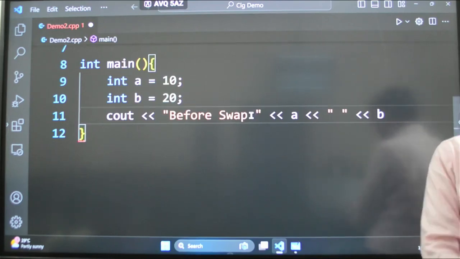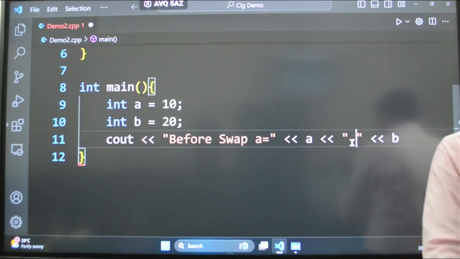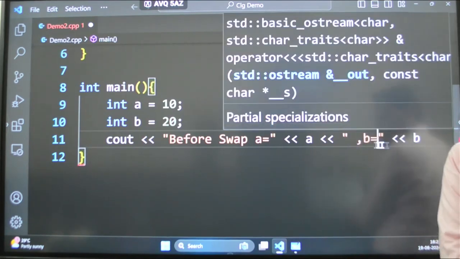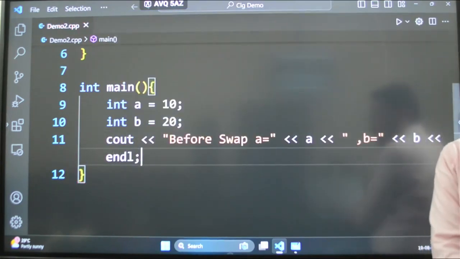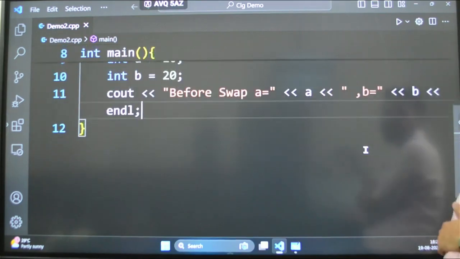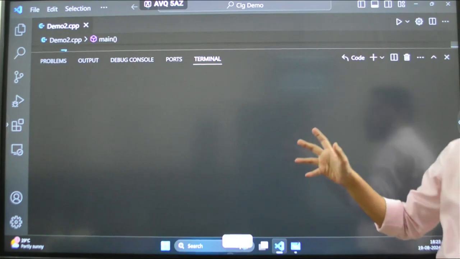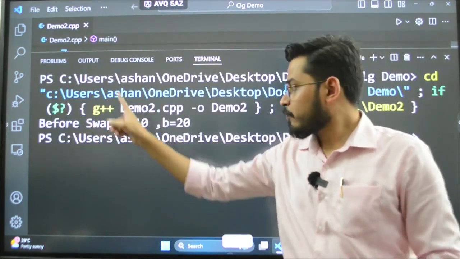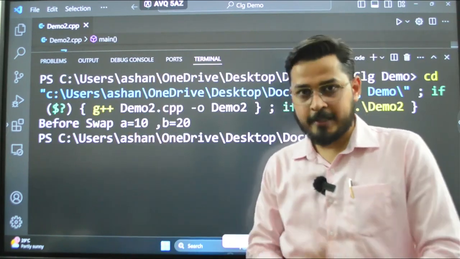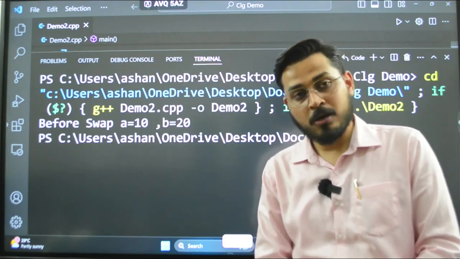Let me write it properly: a equals, and here comma b equals, and at last endl. So when I run this code, right now it is printing before swap, a value is 10 and b is 20. I hope this much is clear to everyone.